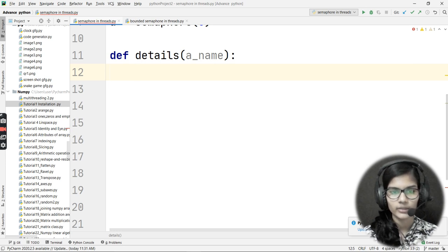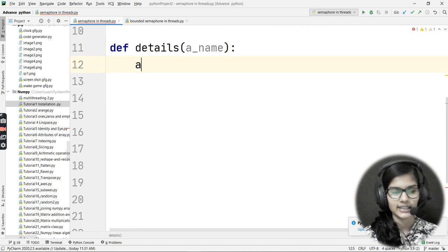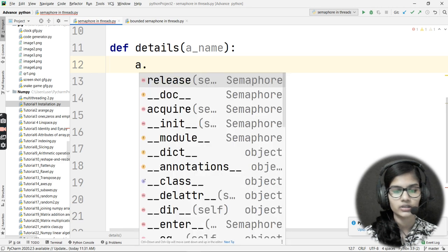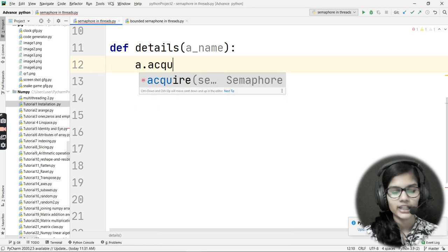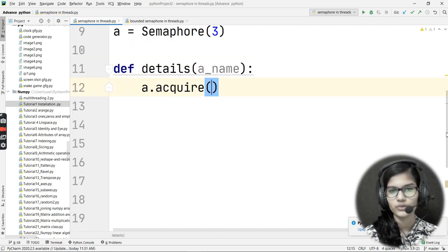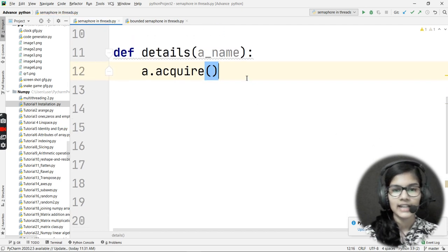We just use this acquire method inside the function. This is the same thing which we did in the previous programs as well. So here I would take the variable a. We had made a thread instance with the name a, right? So I would take that a here, put a dot, and use my acquire method here. So a.acquire. Okay, this is the full zoom, right? So I just use this acquire method. That is absolutely okay.